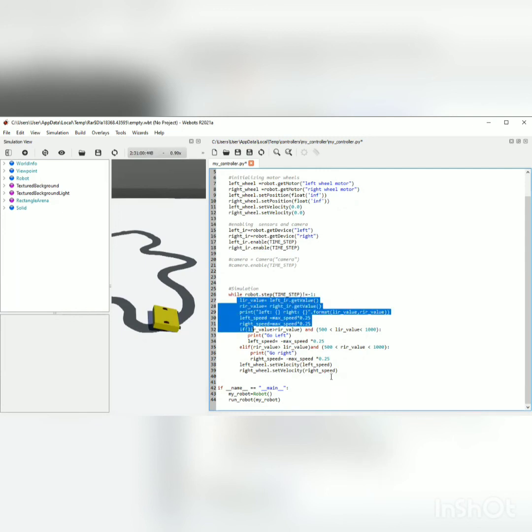Then moving on to the simulation, if the time step is not equal to 1, then the following loop follows. So right now what we do is we multiply the max speed with a value 0.25, which is basically calibrate, and therefore we multiply it with a constant 0.25. Now if the left IR value is less than the right IR value and the value is between 500 and 1000, we basically calibrate and put these values. So then the robot would go left,